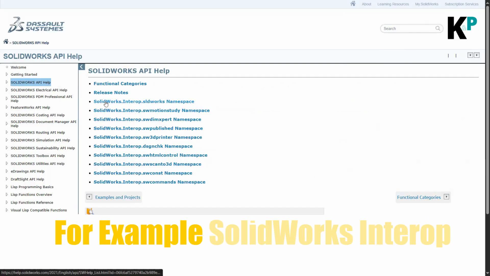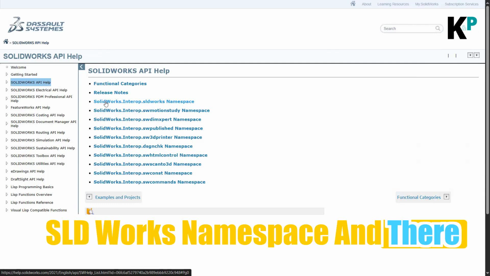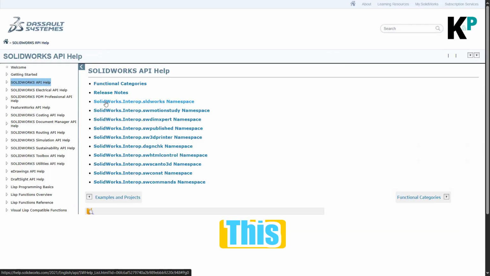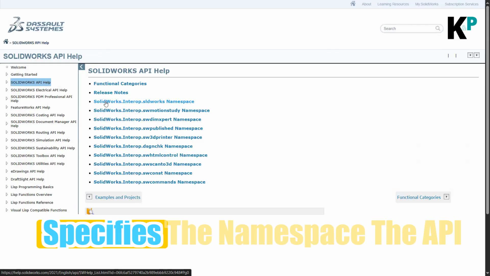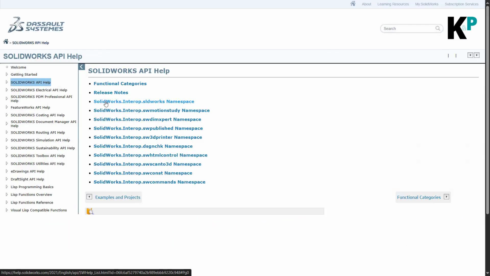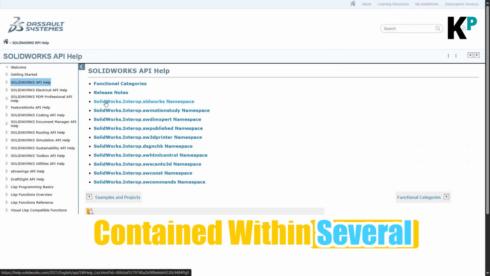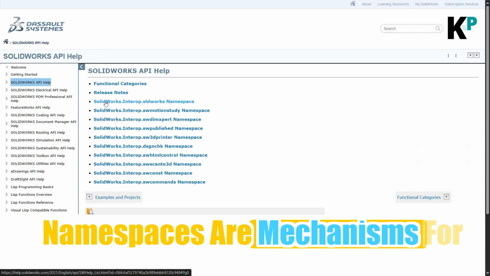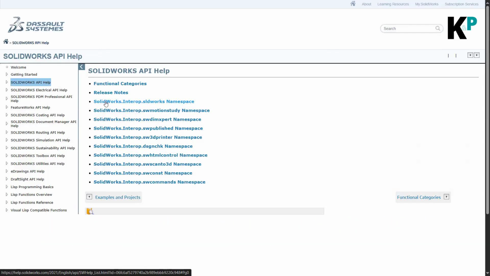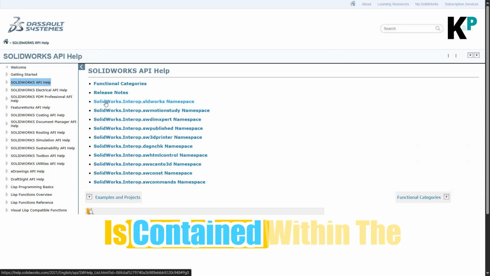For example, solidworks.interop.sldworks namespace, and there are a few more namespaces like this. This specifies the namespace the API interface belongs to. We'll go to that a little later. But before that, SolidWorks API functionality is contained within several namespaces, which are mechanisms for organizing program code and avoiding conflict. Most of the API functionality discussed is contained within the